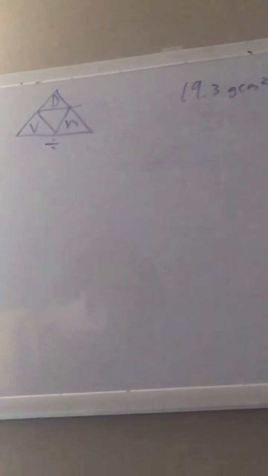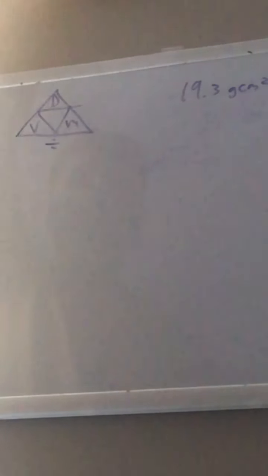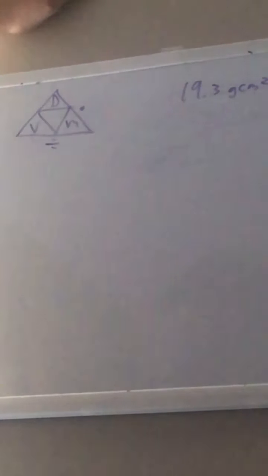You're going to want to multiply. Because here's the thing: if you divide two things to get one thing, you don't have to divide the solution. You have to multiply the solution by one of the factors to get the other. So you multiply the density and mass to get the volume. I like to use a little dot for the multiplication sign. And if you do that,